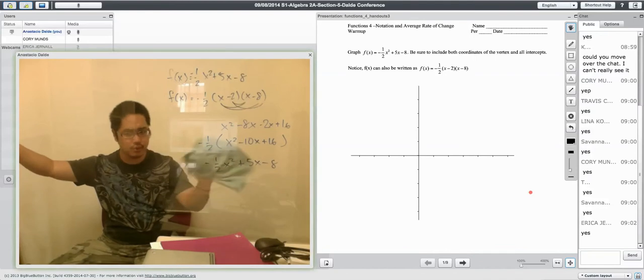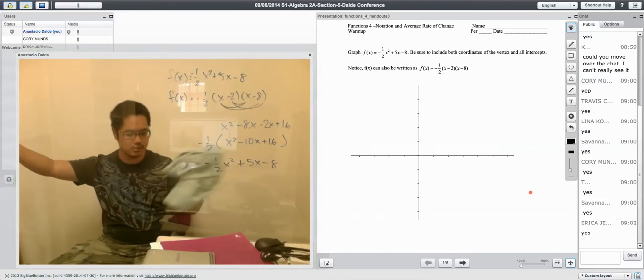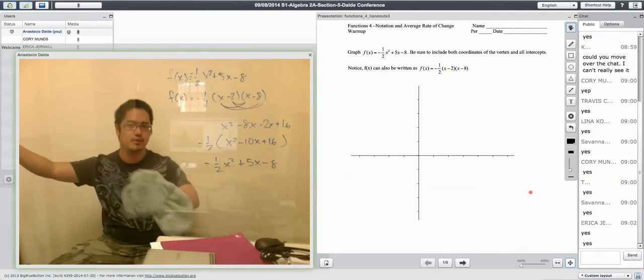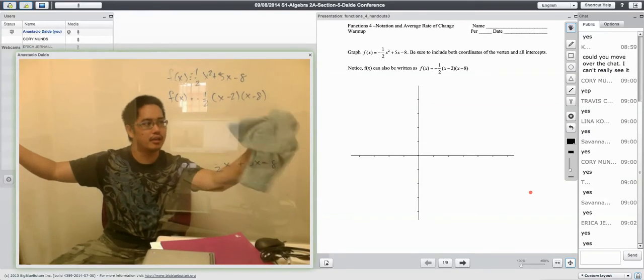Is it right if I erase the scratch work part? Because this was just on the side. I was just proving to you that this was true. Good. Okay. Erase it. All right. So,